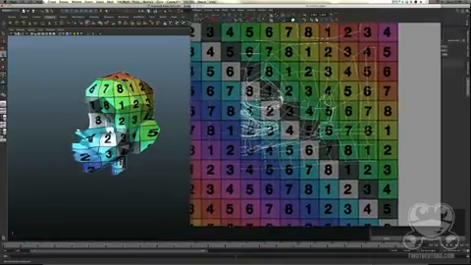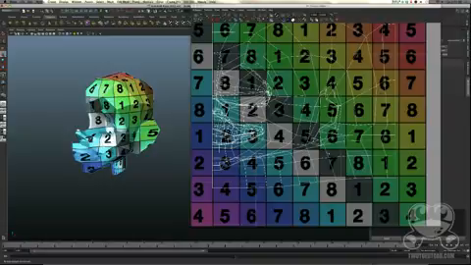Now, a few other areas of concern on this particular model are the ear, the eye socket, the mouth, the chin, and the nose. The reason why these areas are all presenting problems is because they all represent overlapping in the geometry in the UV layout, and this is something that we